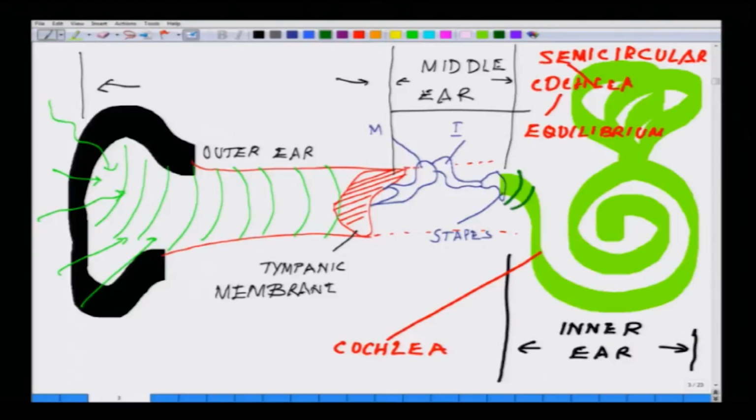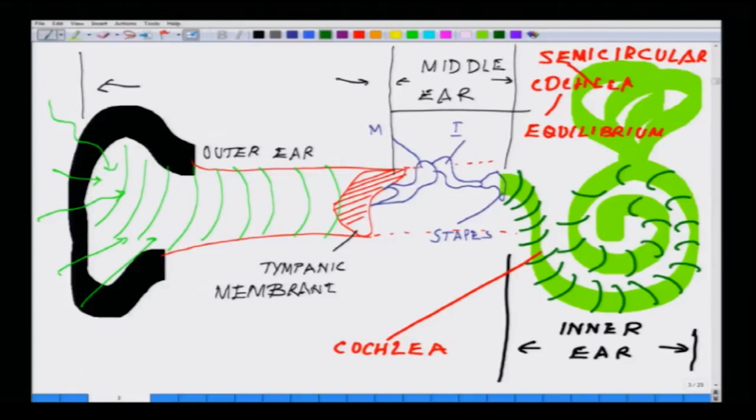So, basically the sound wave travels along this, and at different zones it is perceived at different levels. So, this is essentially the overall architecture of the ear, how it looks. Outer ear, let us summarize. So, here you have the sound waves,